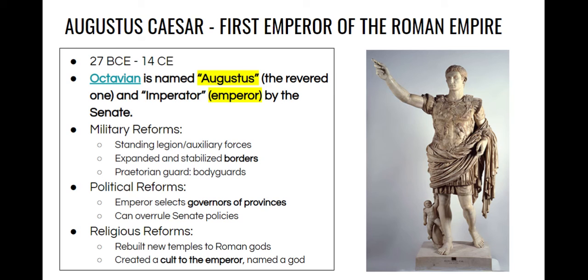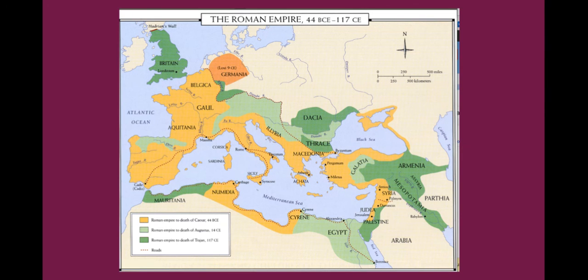The Senate lives on, but loses power over time. Augustus also does some reforms in the military, political reforms, and religious reforms, trying to give the emperors more power. He also even creates a cult to the emperor, again, making the emperor's status much higher than the Senate. In this map, you can see just how far the Roman Empire expands under Caesar, then Augustus, and eventually another emperor known as